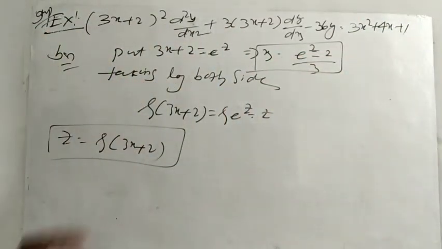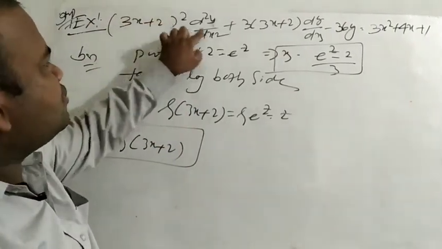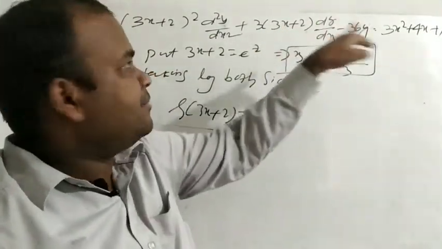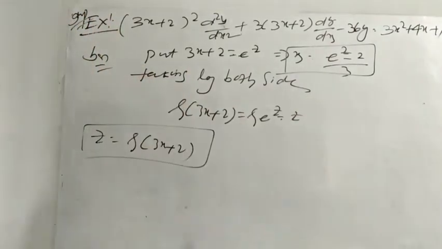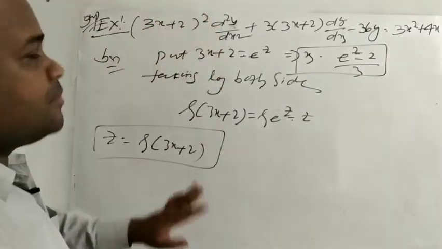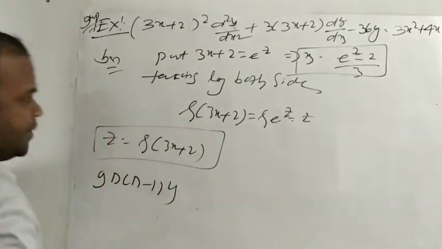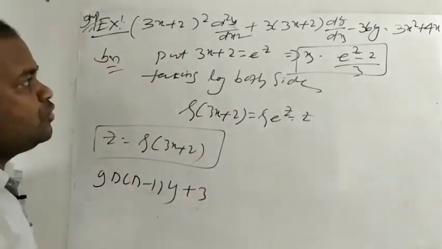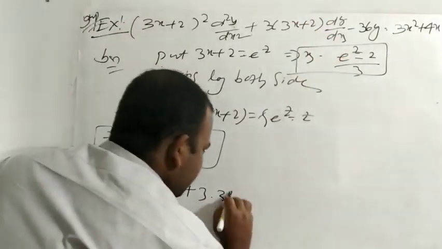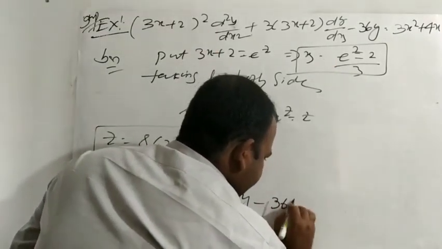Now you will directly put the formula: (ax plus b) whole square, a square d into d minus 1 into y, and (ax plus b) dy by dx is a dy, meaning 3dy. So you will put the formulas directly. (ax plus b) whole square d square y by dx square means a square, meaning 9d into d minus 1 into y, plus 3 into (ax plus b) dy by dx, meaning a dy, meaning 3 into 3dy, minus 36y equals